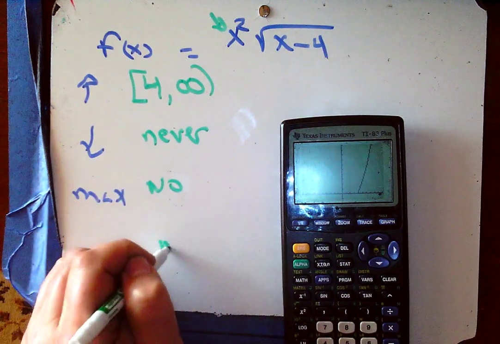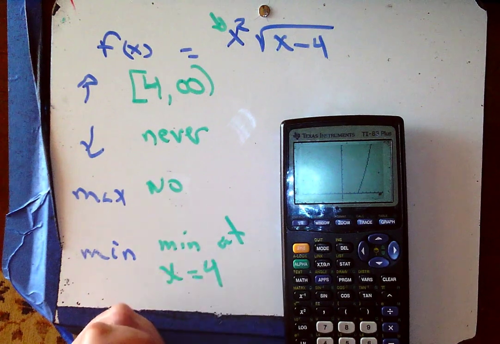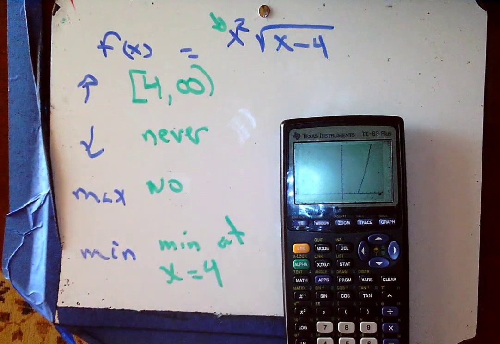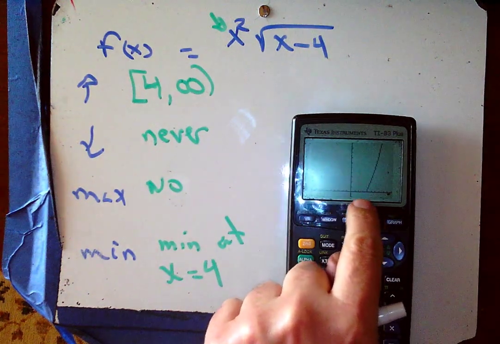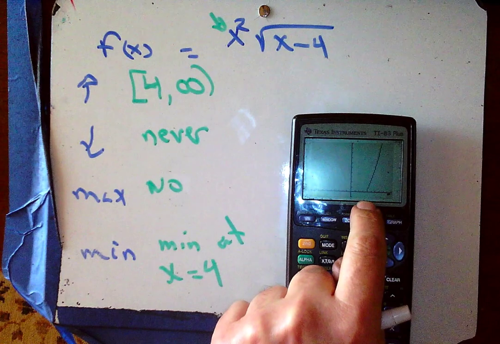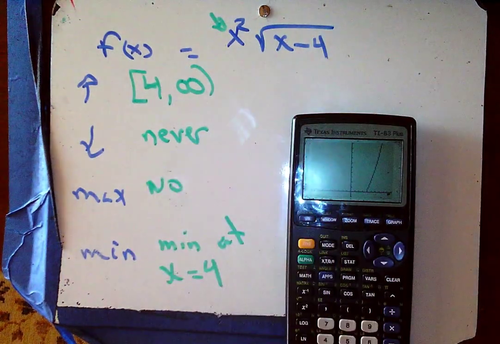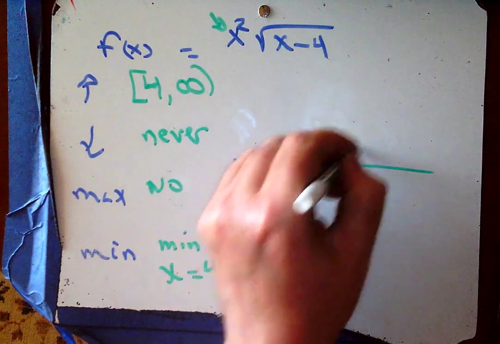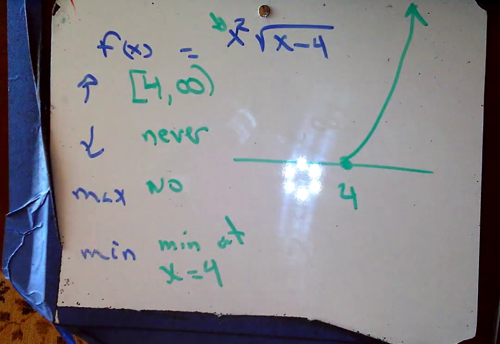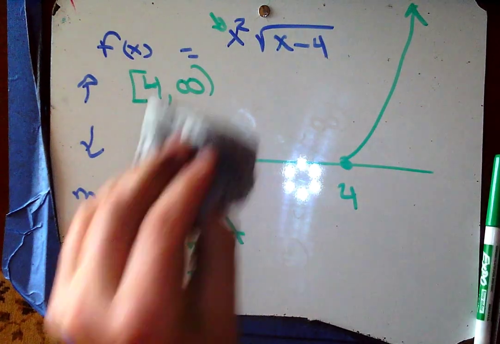I do see a min at x equals 4. How do I know that's a min? Well, it's an endpoint. The graph doesn't continue below the x-axis. This radical says all the x values have to be greater than or equal to 4. So what I'm really looking at is 4, and then this parabola-like shape. That's a minimum, okay? How about we change this a little,